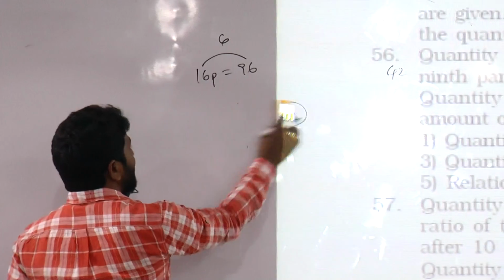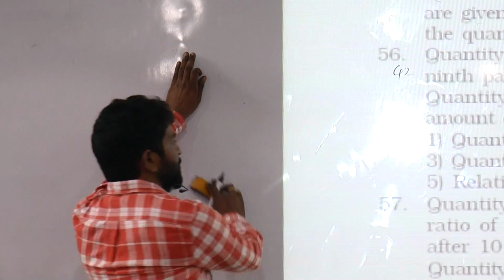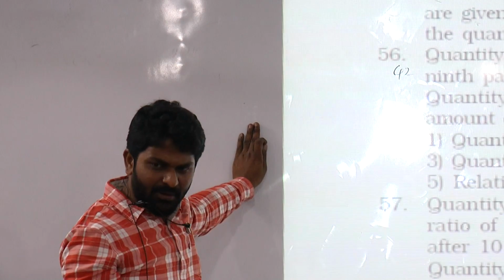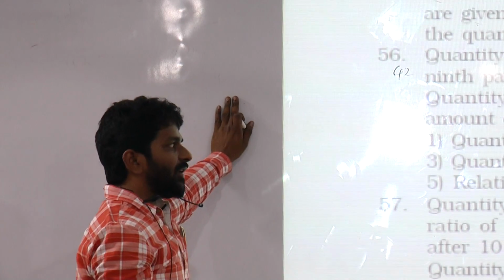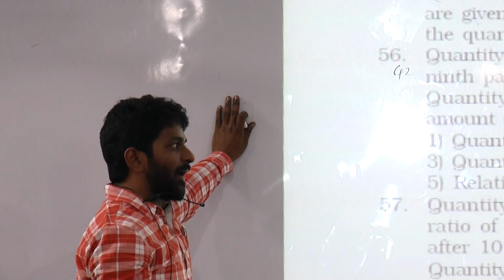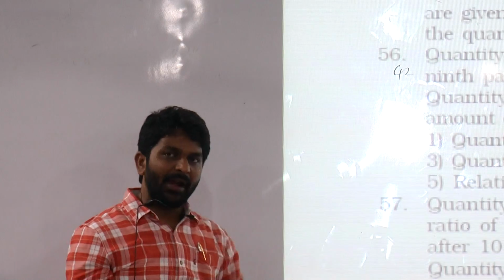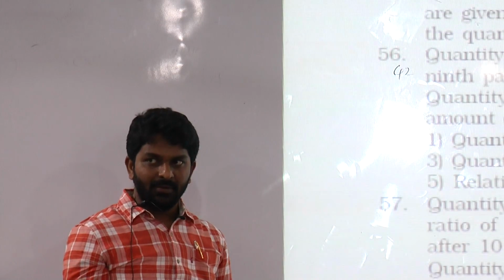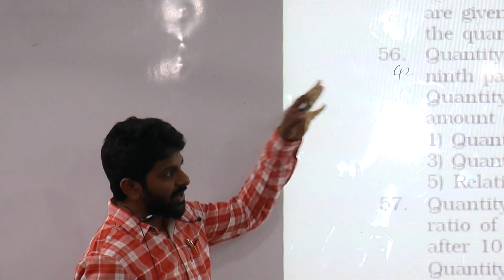Second one. In a mixture of 60 liters, the ratio of milk and water is 3:2. What amount of water must be added to make the ratio 6:11? So here what is it that you are adding? Water. So we should have the same quantity of milk in the initial container and then